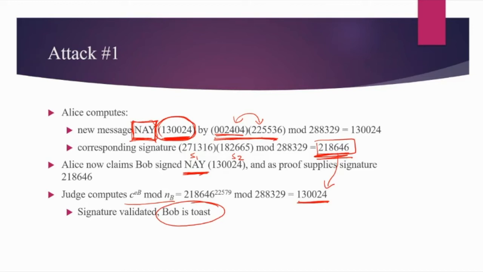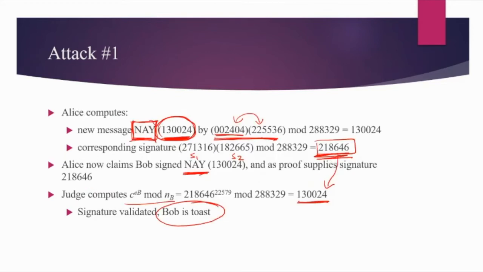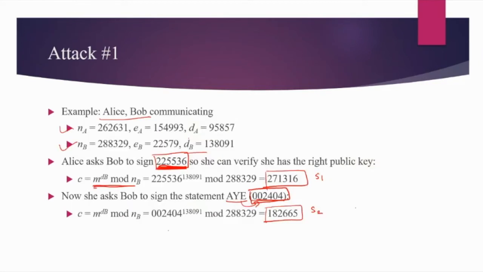Yes, ma'am, is this general, or is it only for these specific values? If we multiply messages and take the mod, it is quite easy to get such pairs. If your intention is to perform an attack, you can definitely devise something, because there is this random number involved here. So this message does not have to make any sense. You can keep this message anything. Are you getting my point?